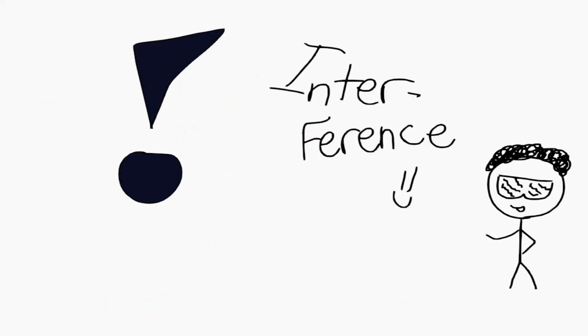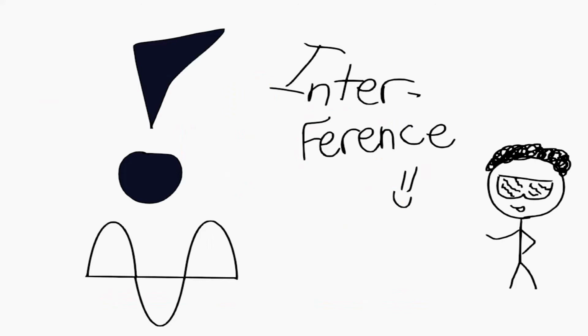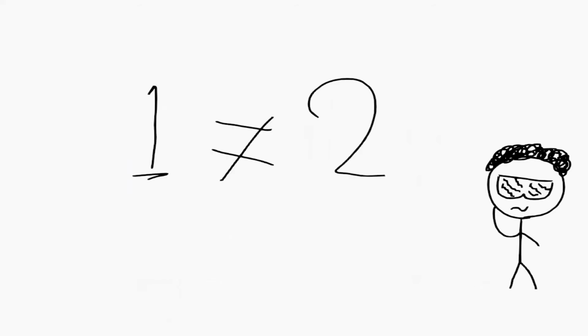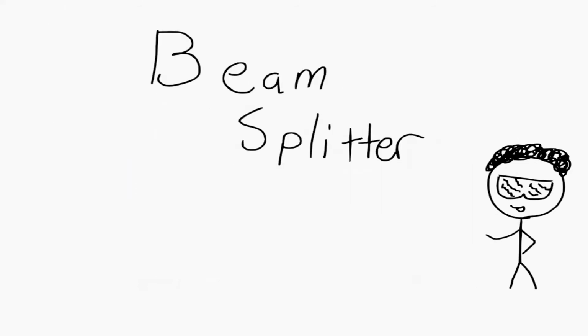This is important because in order to get the right interference pattern, the beams will have to be the same wavelength. In order for us to get this, we need a constant one color light beam from the same light source. It might seem difficult how you can get 2 beams of light from one light source, but it's actually pretty simple. To do this, we're going to use a beam splitter,